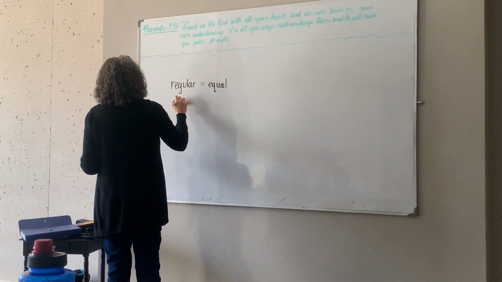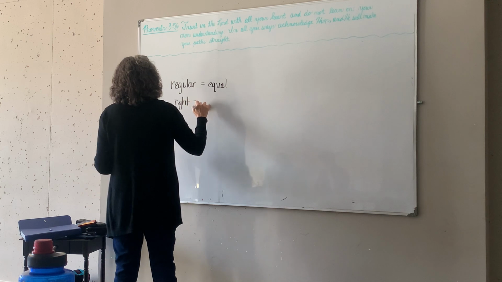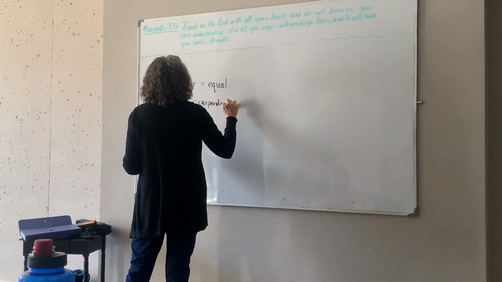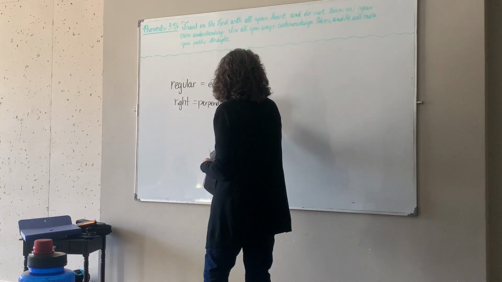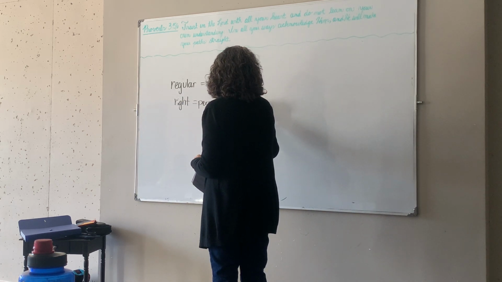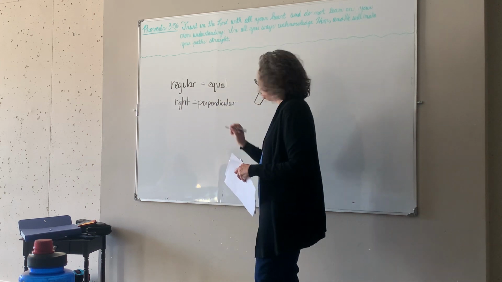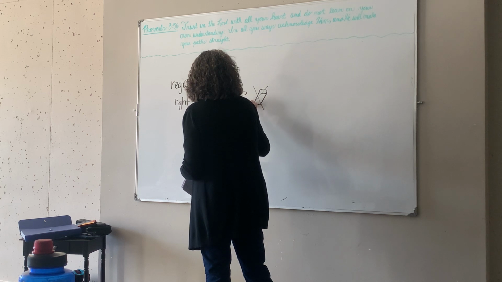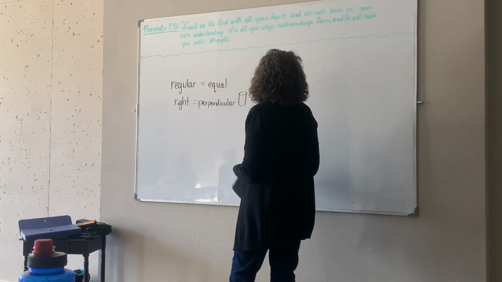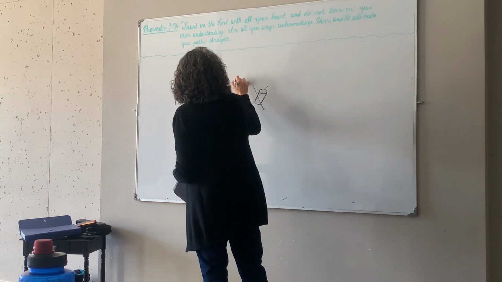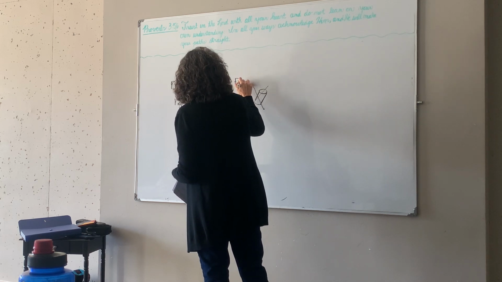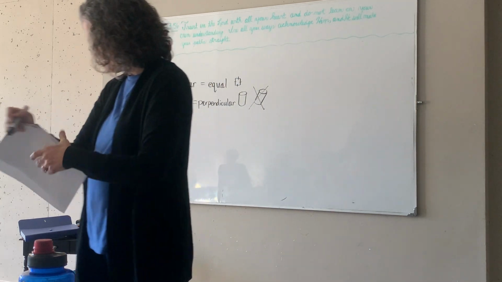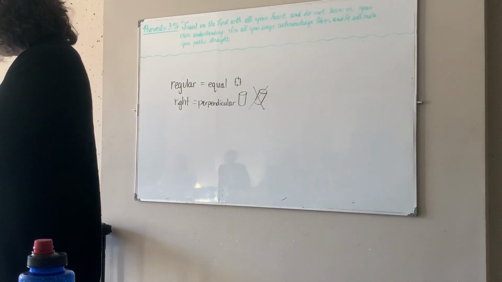Right is talking about it being perpendicular. It's not leaning. Oh my goodness, I keep messing that up. It is not leaning, so you're not talking about like the Leaning Tower of Pisa or something. If it's right, it's straight up and down, so 90 degrees. And regular just means that whatever shape the base is, all the sides are equal. So if you look at how they do that one on 245,